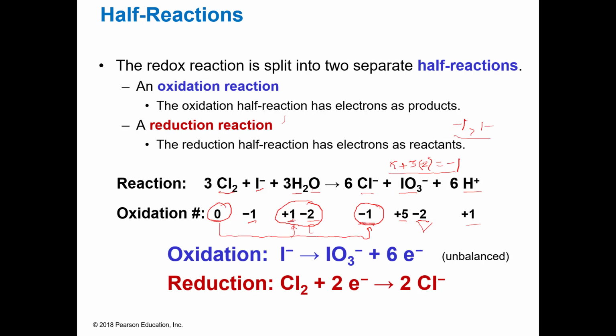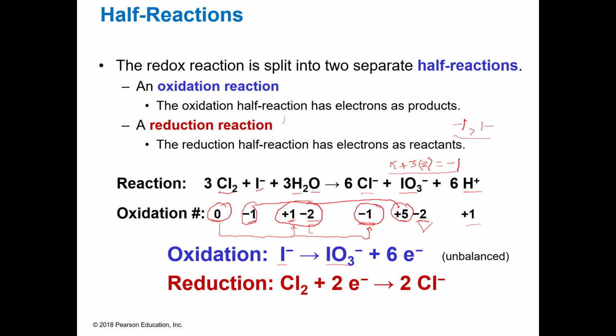Now, you look at the iodine, and the iodine has gone from a -1 ion here to a +5 oxidation state. So it's gone from a -1 oxidation state to a +5 oxidation state. And so therefore it's being oxidized. So what I do is I pull that out. I put the iodine here, I put the product here,